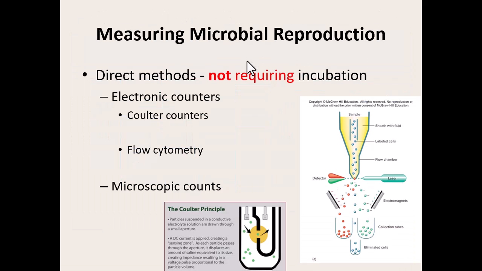Now, how we can measure whether bacteria grew and how many bacteria are present. There's a couple different ways, direct methods and indirect methods. And then some direct methods do not require incubation and some do. So a direct method of counting how many bacteria we have that doesn't require any incubation whatsoever, no counting on a plate, are two types. We have electronic things that will count our bacteria for us, and we have a way we can use microscopes to count our bacteria. So the two electronic counters, we don't have either in our lab that we use because we don't need to count